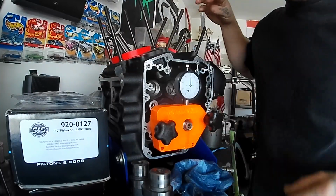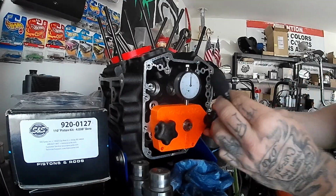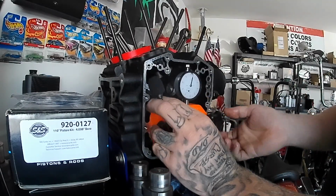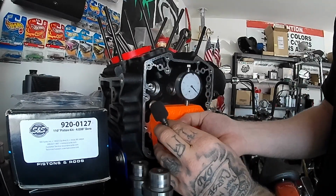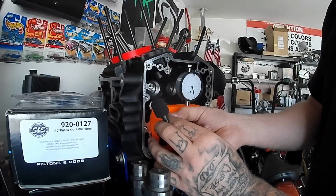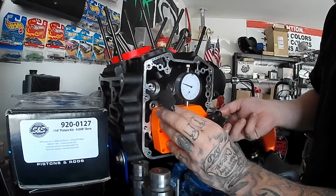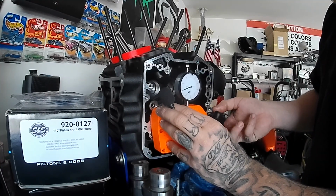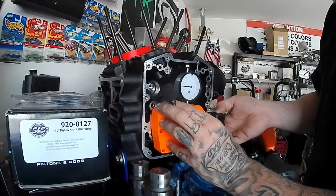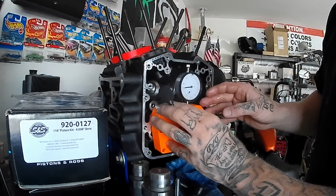This bike was right at about 5,000 miles before we pulled it out, and with everything we were doing to it, I said, you know what, let's do it right. We know we won't have any problems. We know now that this crank's not going to move because it's welded. We don't want to tear up any brand new parts, especially how sensitive these